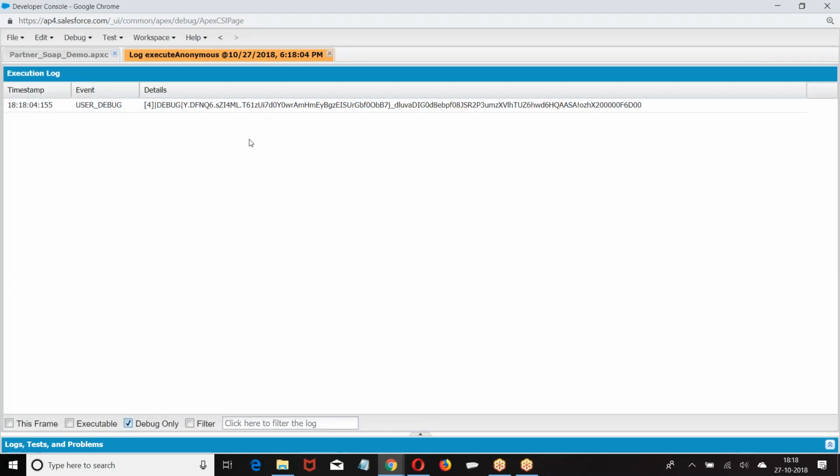If you pass username password we will be getting what? They told if you pass username password I will give a session ID. They gave a session ID. This is connected to the org getting a session ID. Are you clear? So partner WSDL file they gave, we consumed the partner WSDL file, we got a class called soap. In the soap class what we have? Login method is there. In the login method if you pass username password, they are giving session ID. I received session ID. This is the first step.